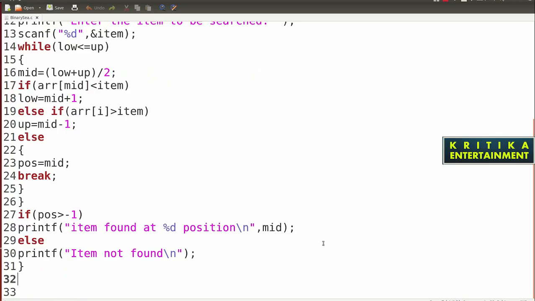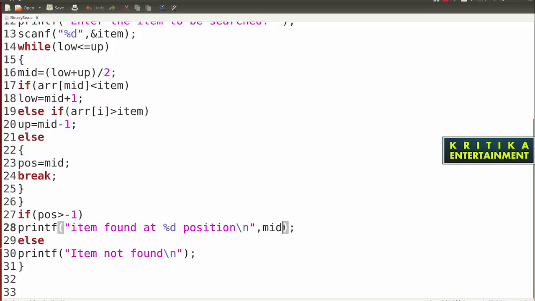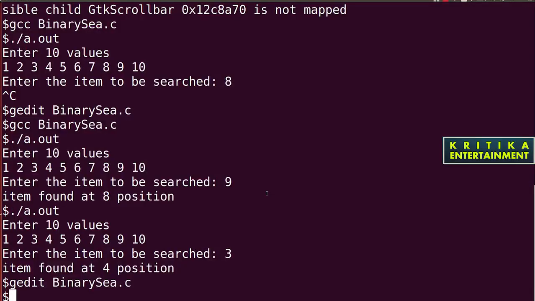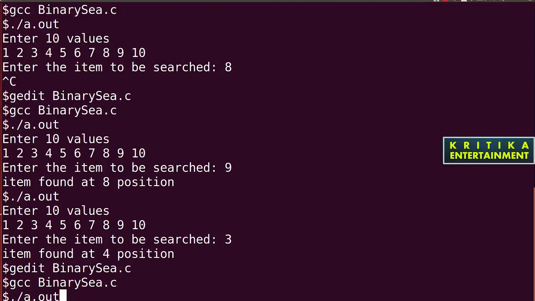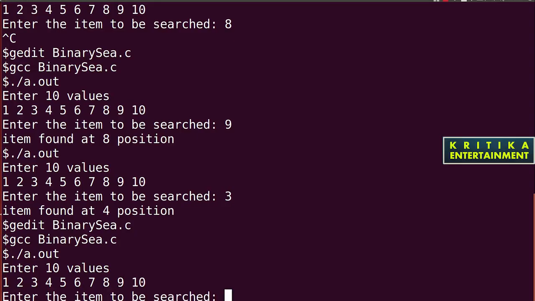So here I will do this. You will write mid minus 1 here, because it takes one extra item. So here write the mid minus 1. Okay, so you can see here. Okay, 10. And suppose we enter 5. 5 is the 4th position.